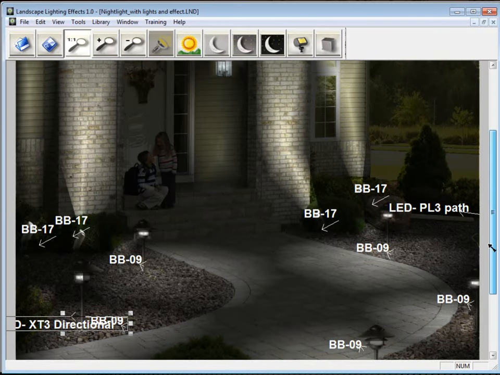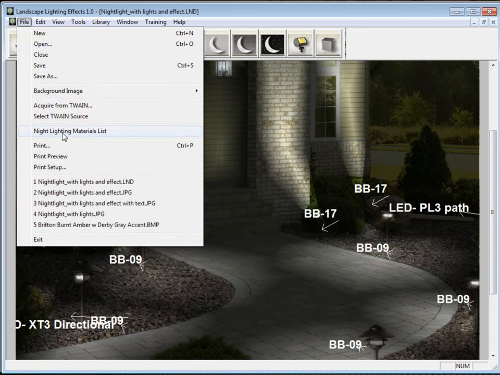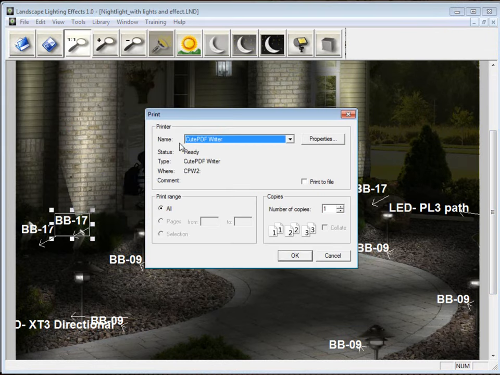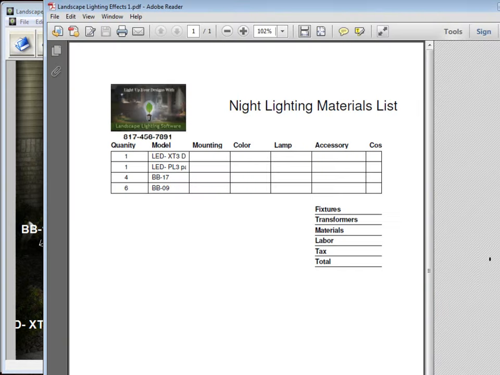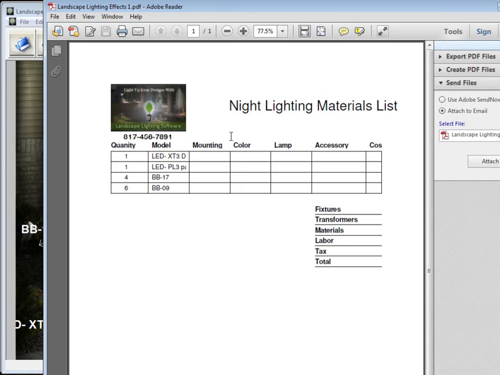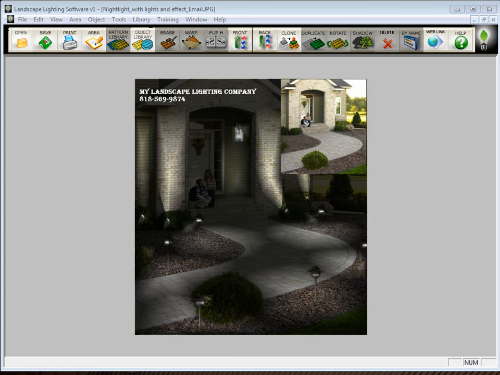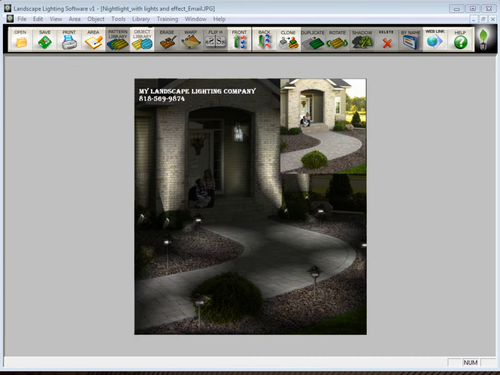Again, you would need an image with some labels on it in order for this to work. And we're going to go here to File, Night Lighting Materials List. Again, I'm going to save it as a PDF file. So now I'm going to open up that PDF, and there you can see the logo has changed to the new one I just made. It's pretty much that simple. Now that I've shown you how you can edit your own lighting fixtures and add them to the program,